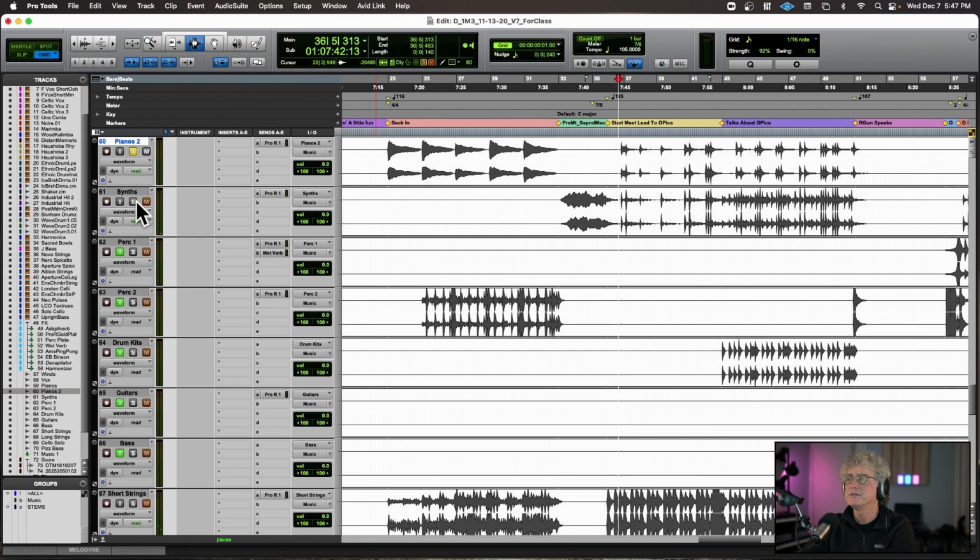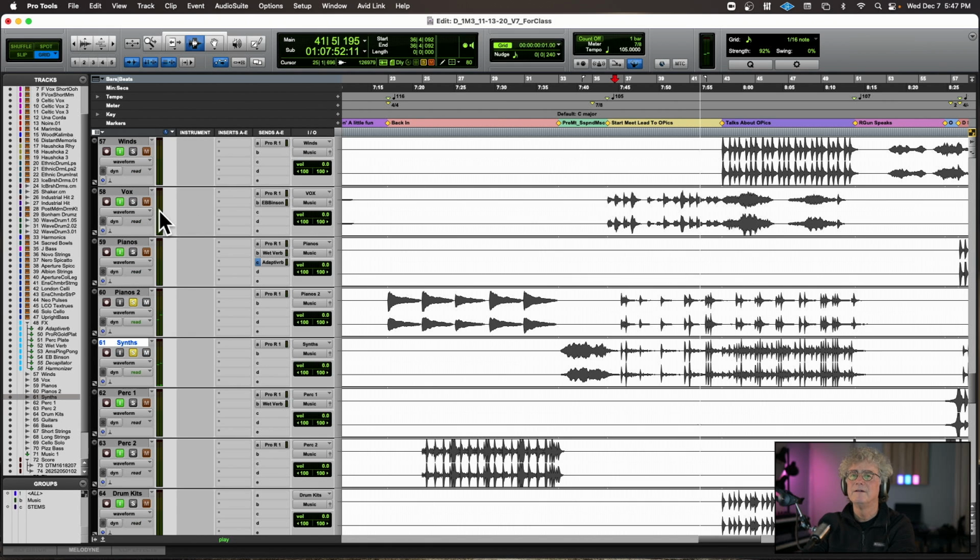The piano does, whoops, one sec. And then let me add that percussive synth back in. Right? And then there's choir.